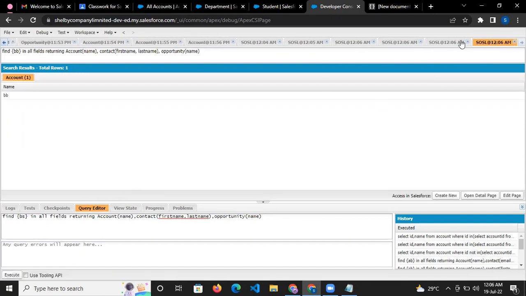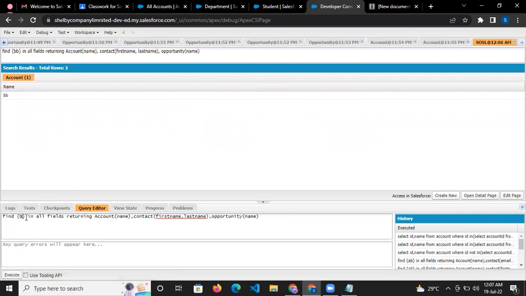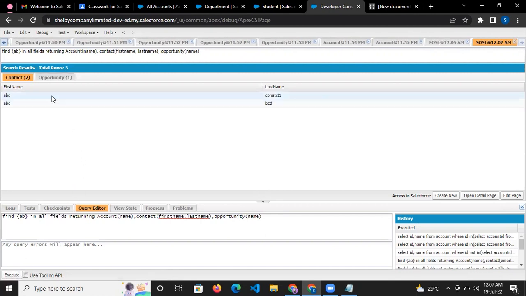Okay, the reason, I just want to show here SOSL, give the example with this one only. Okay, here two contacts are there with that particular keyword, and this keyword will be searched in every field of